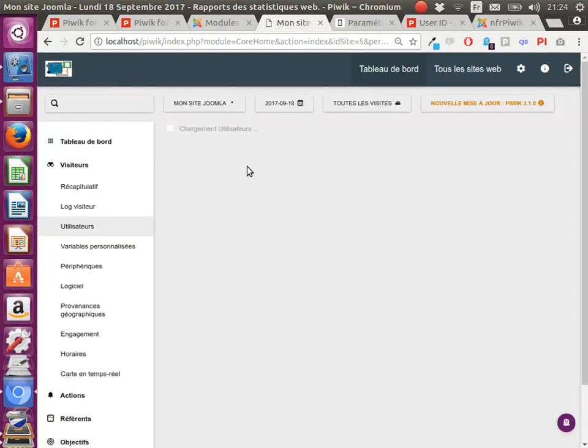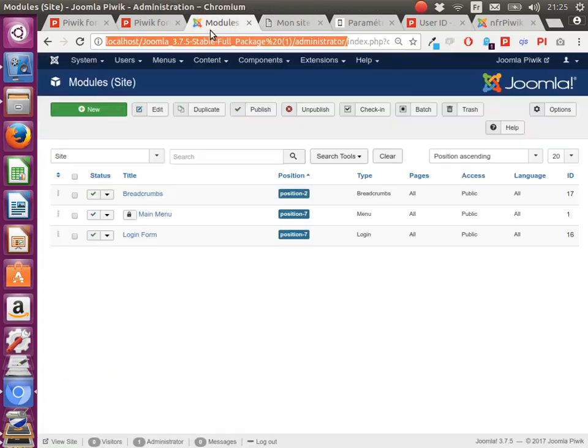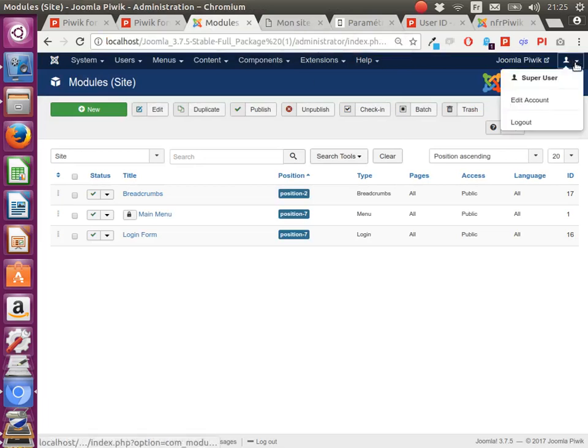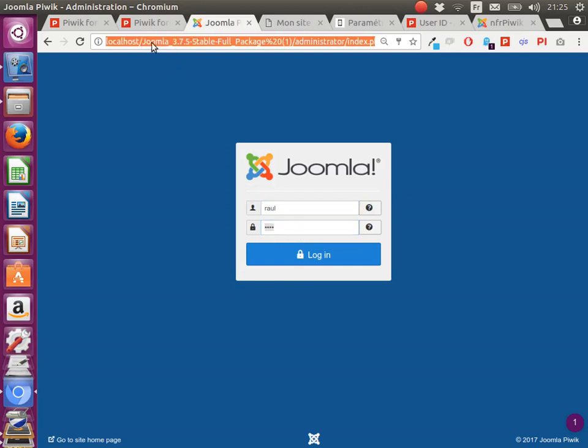And as you will see now, okay, I have Paolo, I have my test that I did before, and I have the root user. So what I'm gonna do now is I'm just gonna log me out, okay? And I'm gonna use a user that I just created some minutes ago. As you can see, the password is not really well protected, but I don't really care as I'm on a